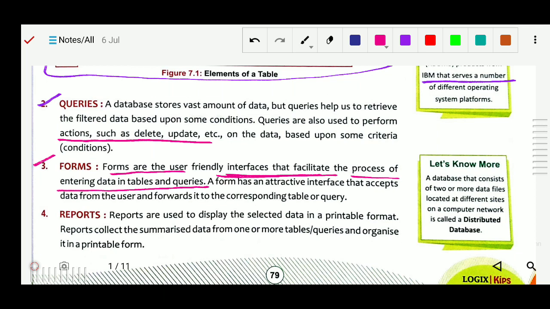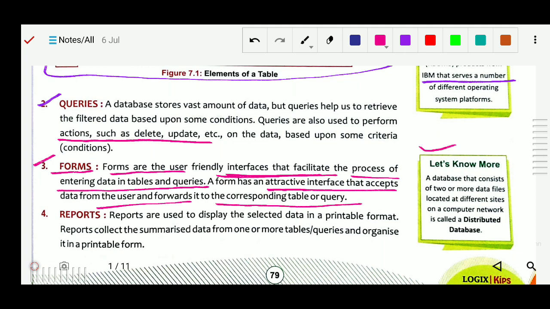With the help of the form we can enter data in the table or get the query, and it is very user friendly. A form has an attractive interface that accepts data from the user and forwards it to the corresponding table or query.